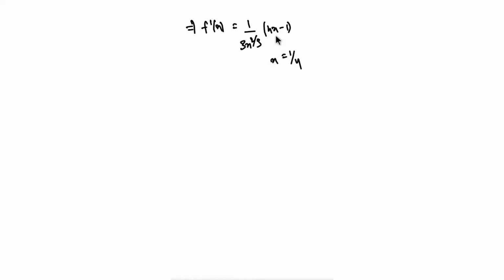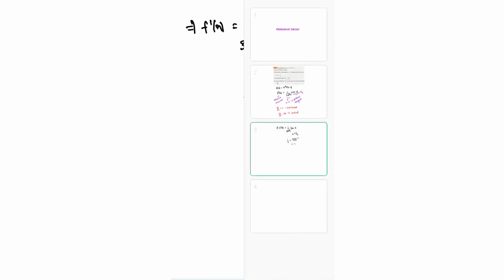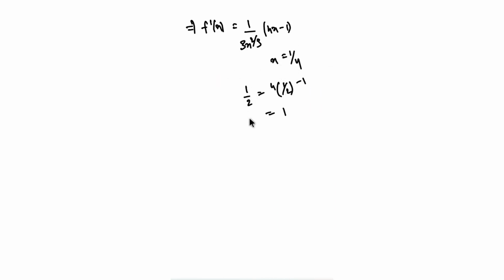See here, when I put x is equal to 1 by 4, I'm getting 0. So when I put x is equal to half, I get 4 into half minus 1, which is 2 minus 1, which is 1. So basically at x is equal to half, I'm getting this to be 1. Let me check whether I've written it right. Yeah, 4x minus 1. And x is equal to half is greater than 1 by 4. So when I keep any value less than 1 by 4, assume that to be 1 by 6, I get 4 into 1 by 6, which is equal to 2 by 3. So 2 by 3 minus 1 is minus 1 by 3, which is a negative value.